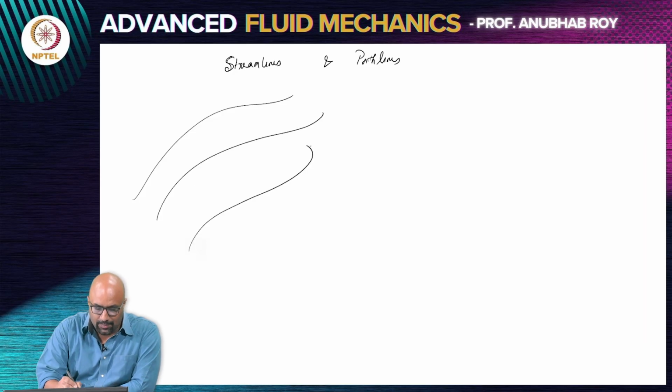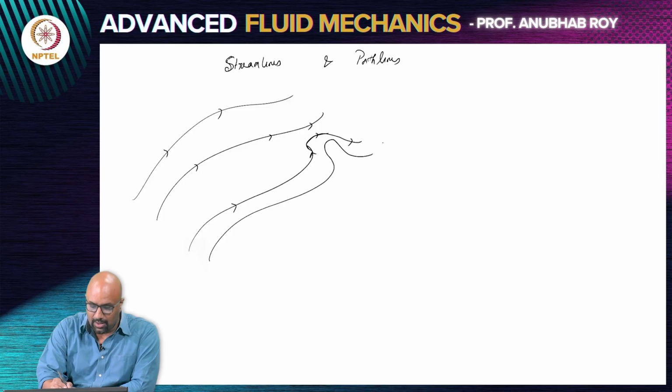So if I draw a set of streamlines, I'm just drawing something which has a little weird shape. What you see from these streamlines is what the flow field actually looks like. So if you have a streamline which has a kind of tortuosity or bend, you also get a feel for what the flow would actually look like in that particular region.